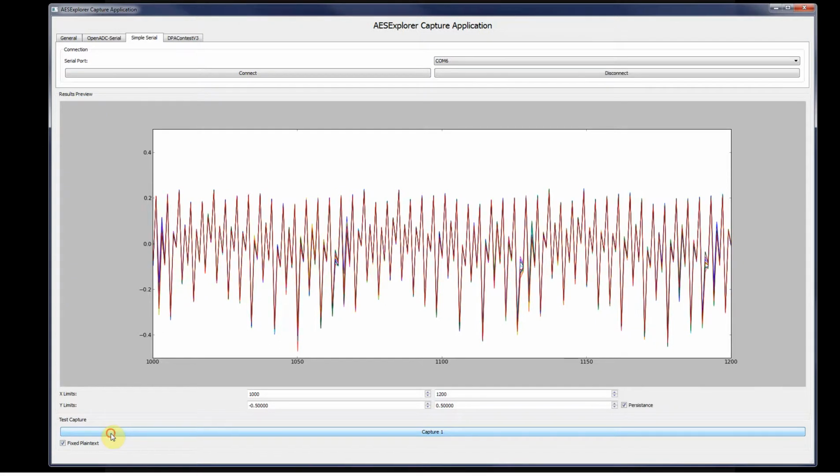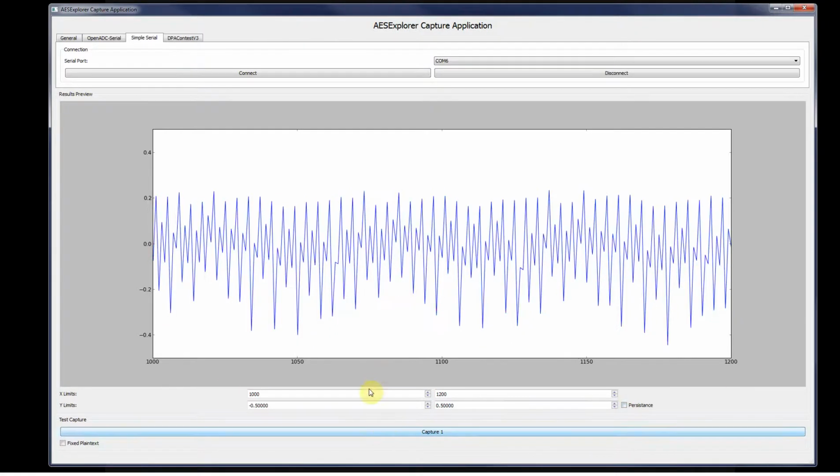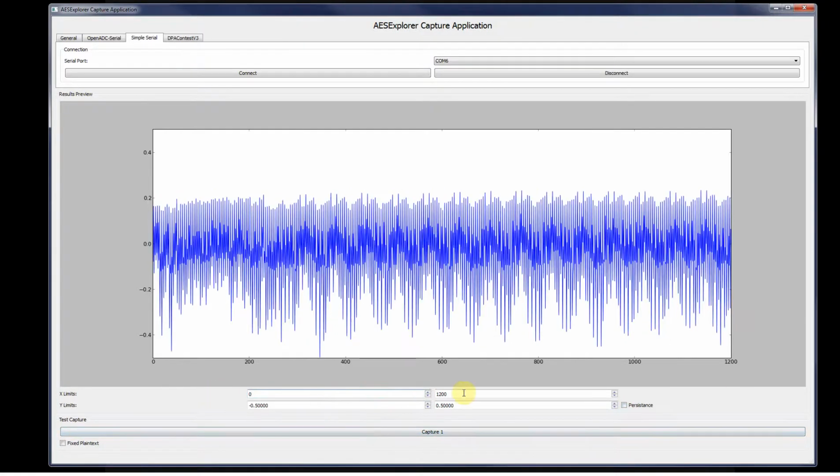It's not going to be exactly the same, but a lot of them you can see are overlaying very perfectly. And I can remove that, and you may start to see some areas differing. So right in here, I'm looking at some difference. And I'll take away persistence mode to clear it. All right, so